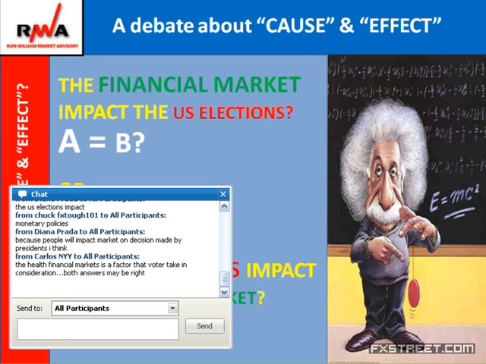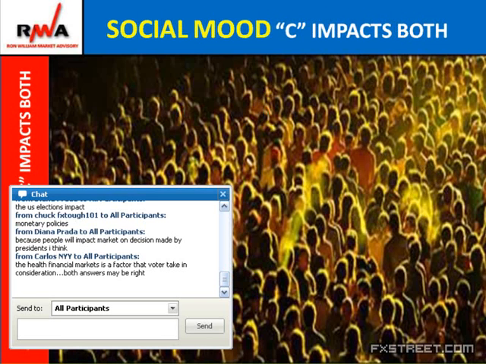So both could be correct, but I want to lean more on the point of what Carlos said, both of them being central, and maybe focus a bit more on Diana, what she said in terms of the decisions of the people, both in the US and around the world. And the key theme here is social moods. Now, what I spoke about was A, the financial markets, and B, the presidential elections. Now, there was a missing equation there, and that equation, that letter, is the letter C, social mood.